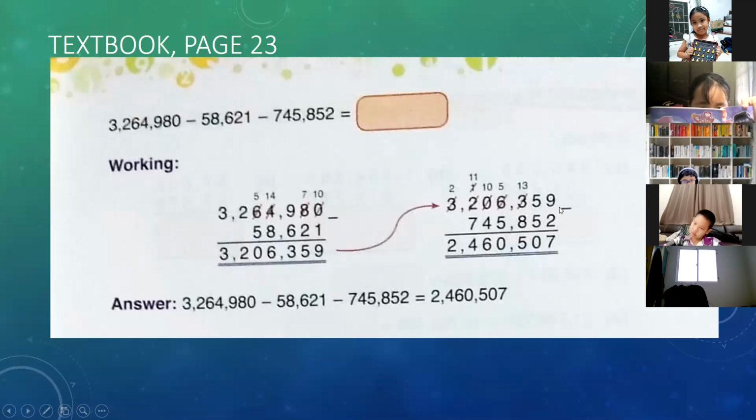So now, subtract the third number. 9 minus 2 equals 7. 5 minus 5 equals 0. 3 becomes 13. We borrow 1 from 6. 6 becomes 5. 13 minus 8 equals 5. 5 minus 5 equals 0. 0 becomes 10. 10 minus 4 equals 6. 2 becomes 1. 1 becomes 11. 11 minus 7 equals 4. And 3 becomes 2. 2 minus 0 equals 2. So when you are doing the